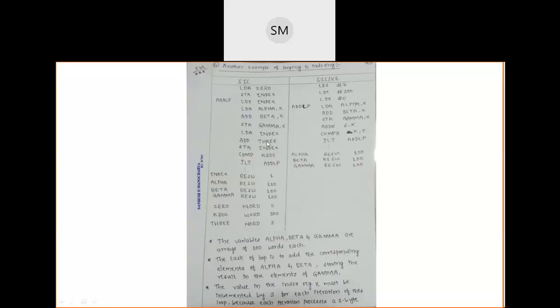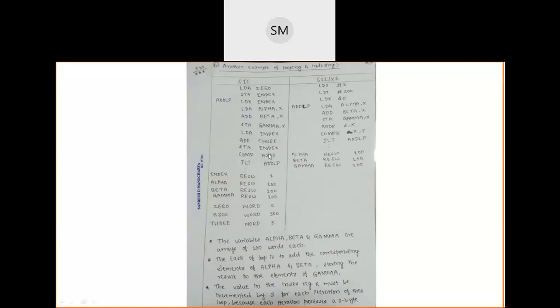So here I add 3 to my index. Now 0 plus 3 will become 3. Now that 3 will be stored into the index variable. Now the value of index is 3. I hope you are understanding. Then compare. What are you going to do? You are going to compare that index value 3 with 300, because what is the value of the K300 variable? Here only I told you it is 300, right? So you are going to compare that 3 with 300.